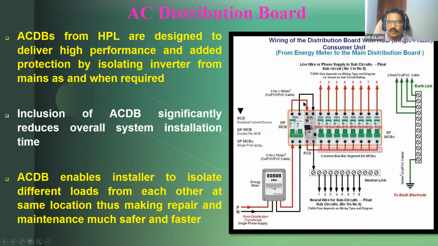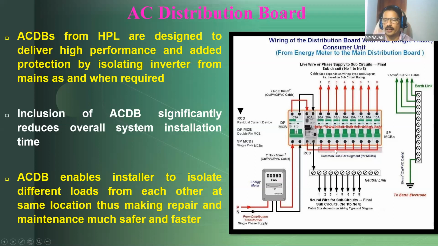From there, there is an earth leakage device, an ELCB or RCCB or RCD, which prevents earth leakage. AC supply goes through this, and a common phase bus bar link is there. These are the SP MCBs, individual MCBs. Through each MCB, supply goes to the individual load. You can see different ratings: 10 ampere, 16 ampere, 20 ampere, and main MCB 63 ampere.